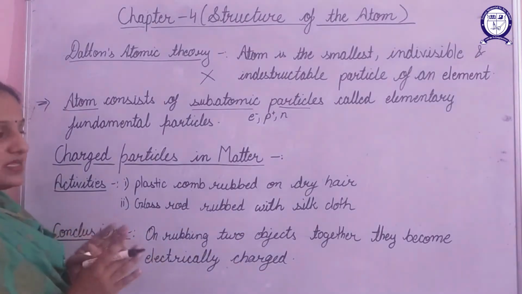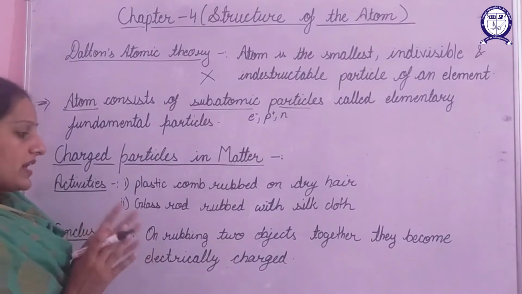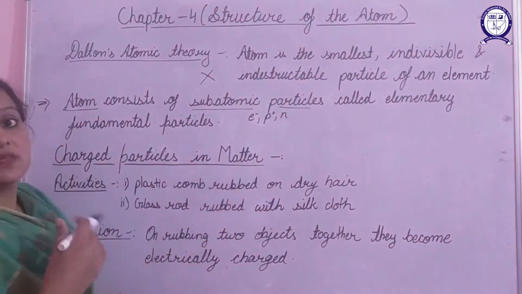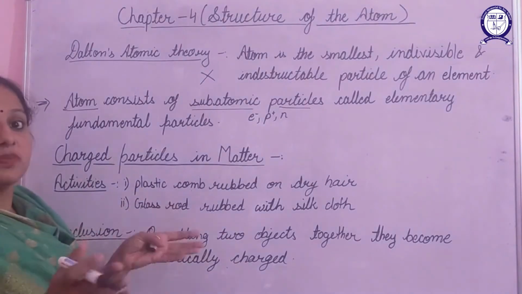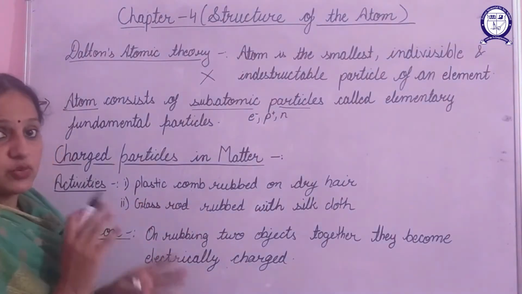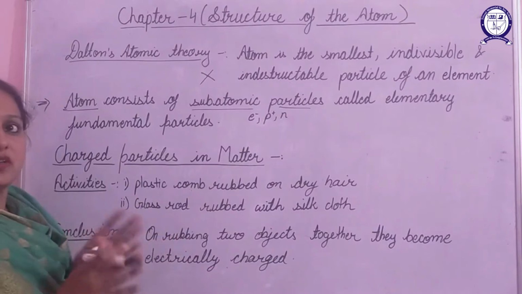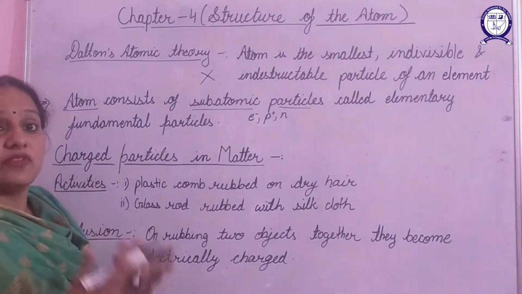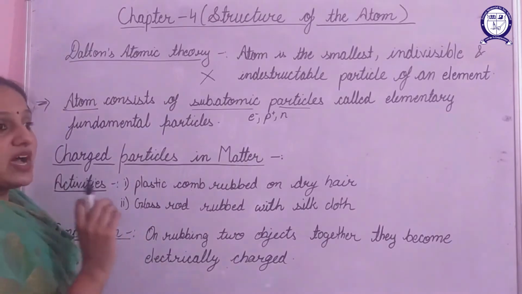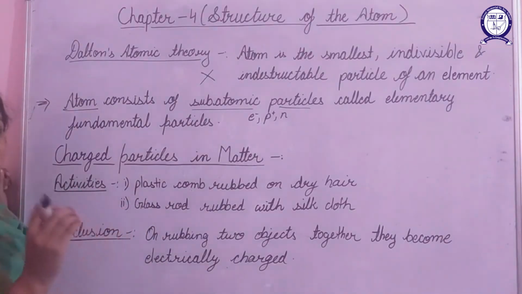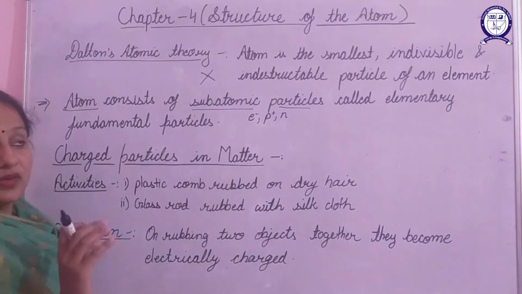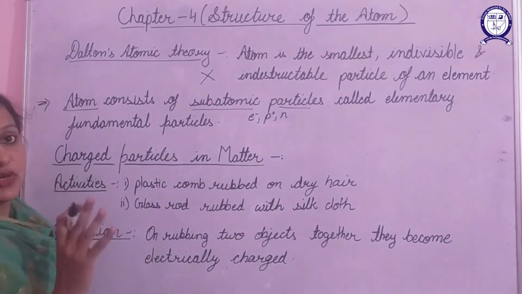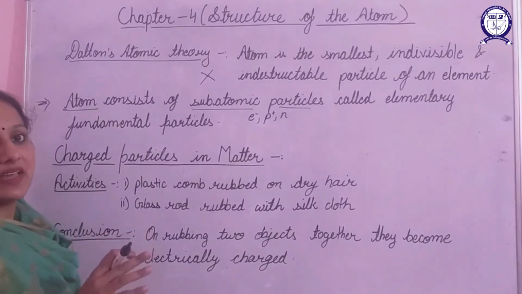That means something happens when you rub two objects. So it might be that they are getting charged, and only then does a plastic comb attract pieces of paper. We all know that opposite charges attract each other. So it was concluded that some different charges are present in them. Now the question arises: from where did these charges come? The answer was that there might be something in an atom which has charge. Then discoveries started related to it, that what basically is inside an atom.